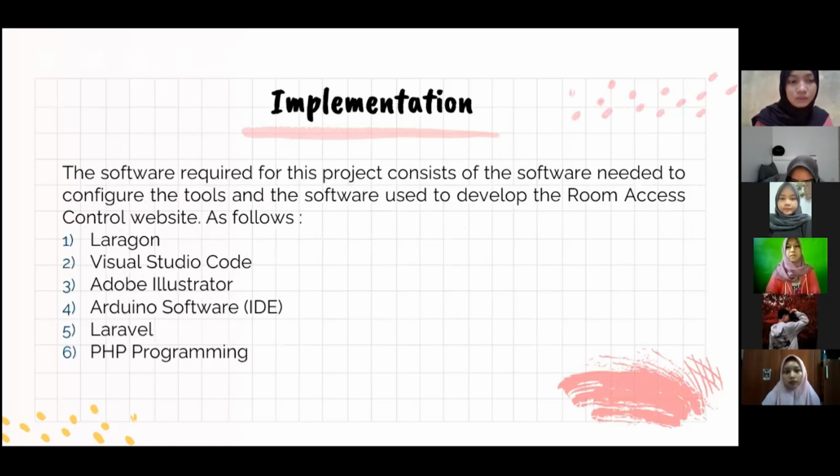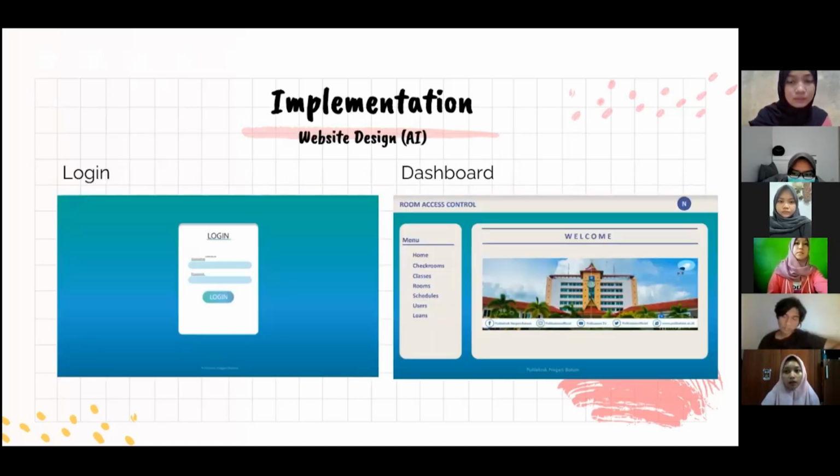Next. The software required for this project consists of the software needed to configure the tools and the software used to develop the access control website, as follows: Laragon, Visual Studio Code, Adobe Illustrator, Arduino software, Laravel, and PHP programming. Next slide will be explained by Rain.